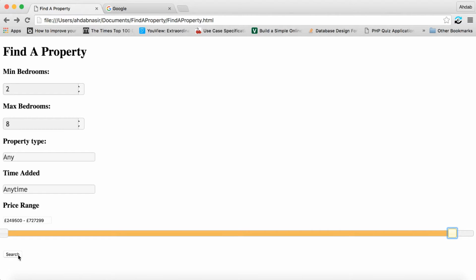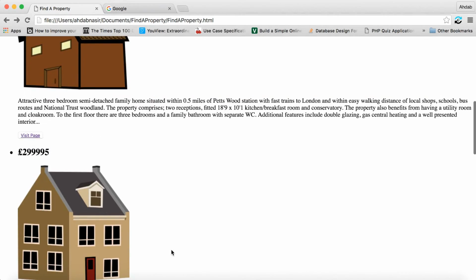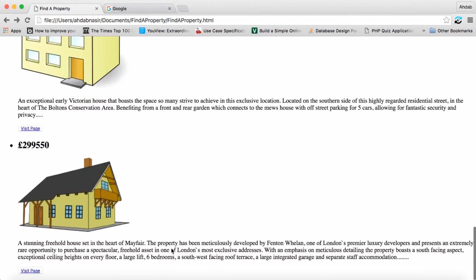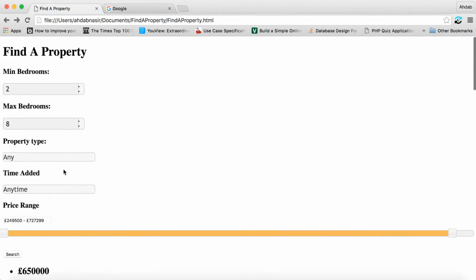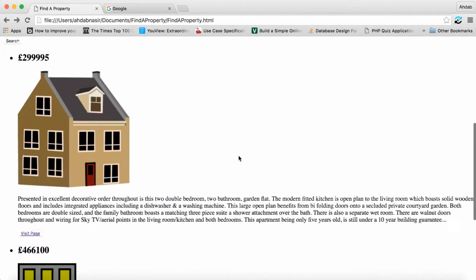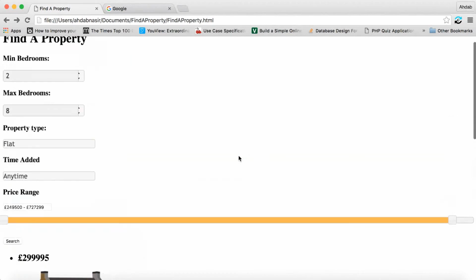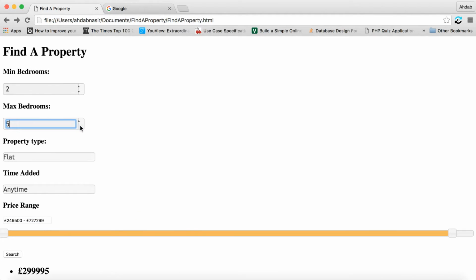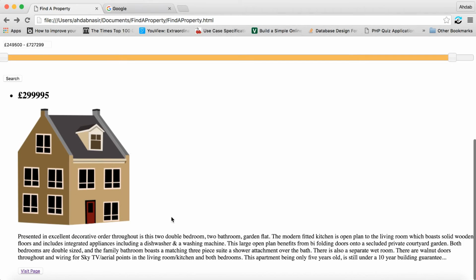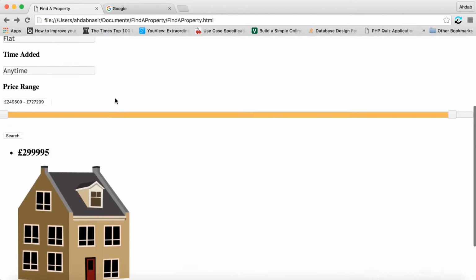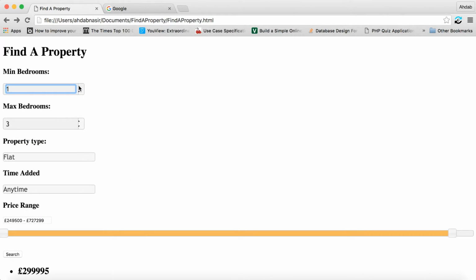If I click search, we are presented here with the search results. And so for example, if I only want to see the flats, and I'll click search, we are only presented with the flats. And again, if I want maybe less bedrooms, so 2 to 3, we have a 2 bedroom property. For example, if I want it from, let's do 4 to 6, and we want it a house,